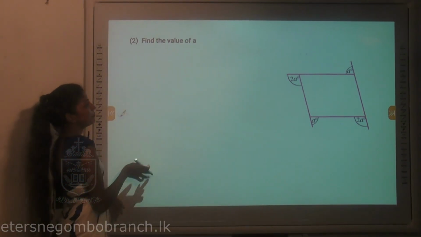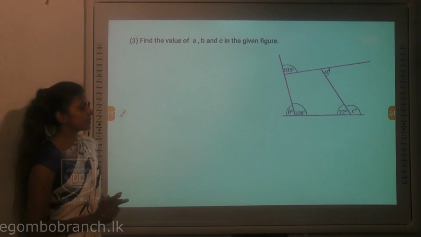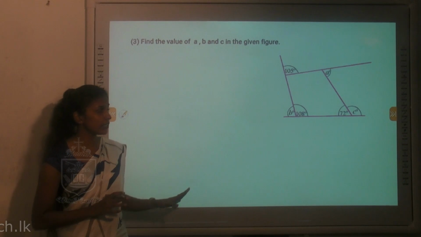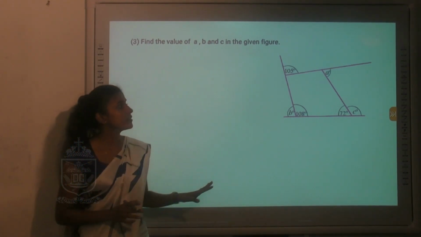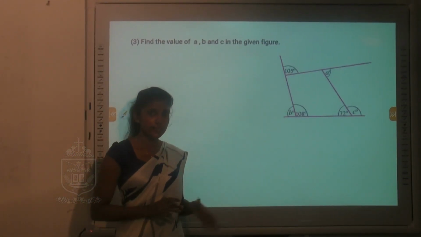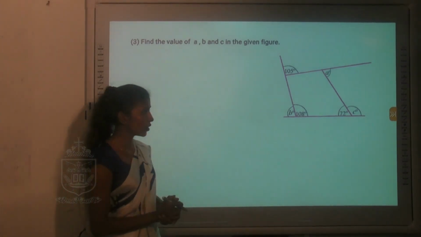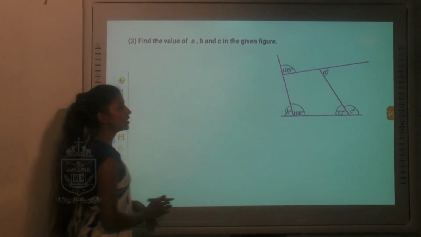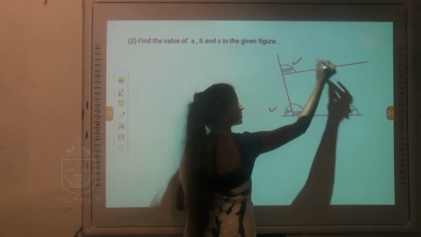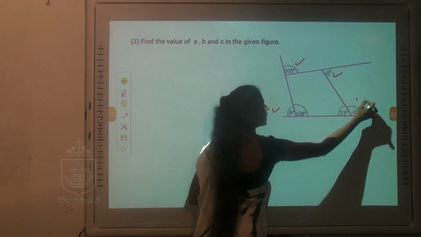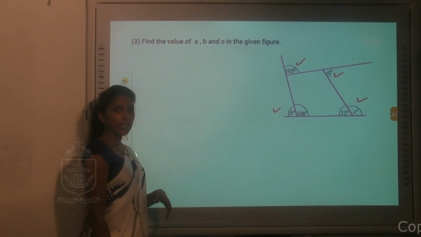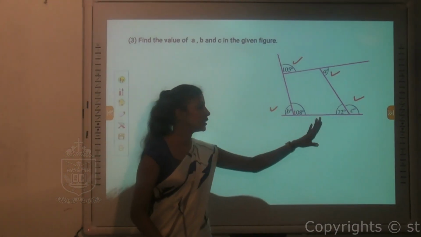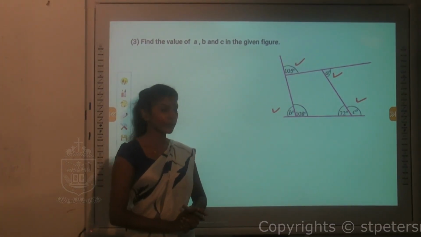Right, next let's move to the third example. Now in this figure, you have to observe the figure very carefully. Are all four given as exterior angles? No, actually it's not. Let's mark only the exterior angles at first. This is an exterior angle. This is exterior. This is also exterior. This is also an exterior angle. Other than those four exterior angles, two interior angles are given.